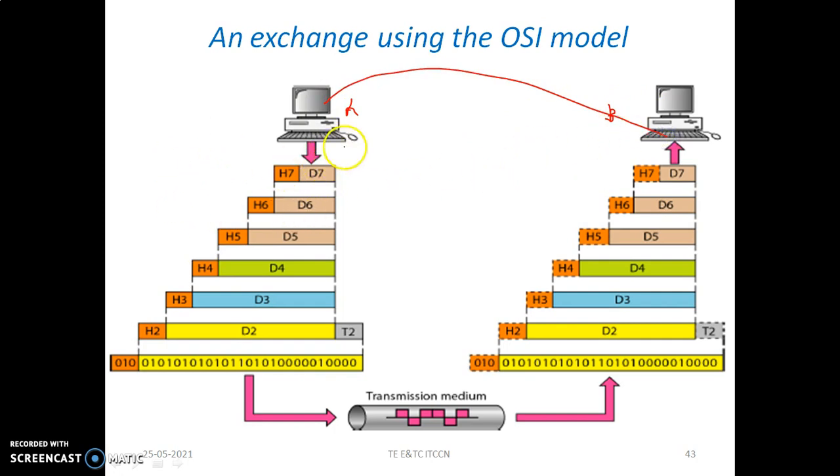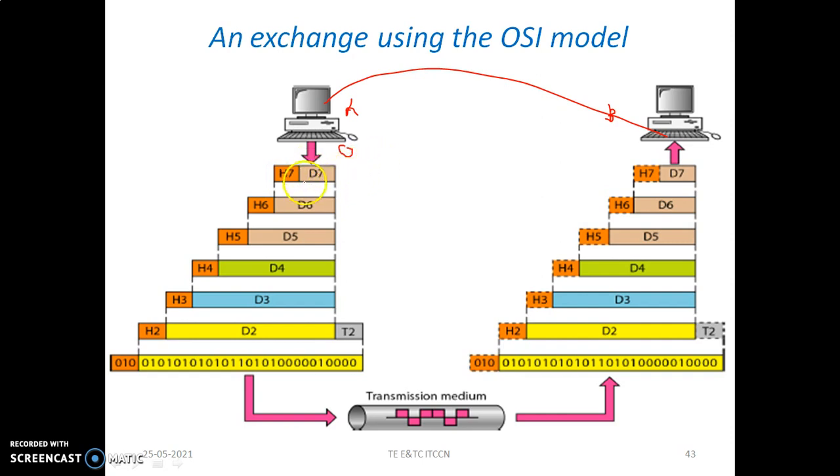Initially, in the original form, the message will be conveyed, and that message is nothing but data, given here as D7, the data for layer 7. Every data is provided with a header. The header has the details about the sender and receiving address and maybe the size of the data. The header in itself has many more details to learn, but briefly we can say the header carries the details about the message carried by the data D7. So this is at layer 7.